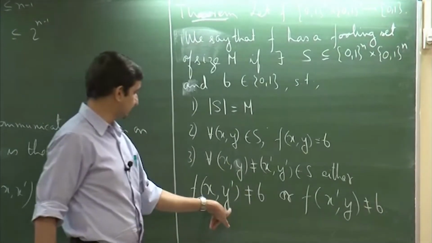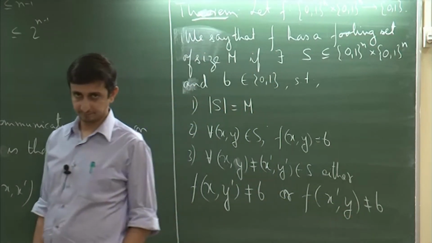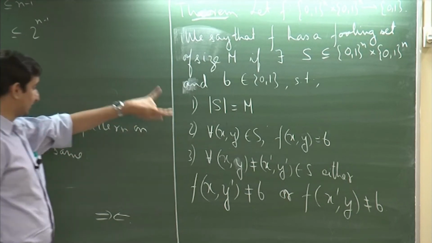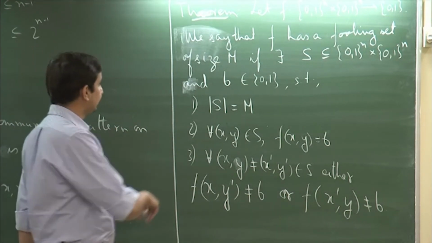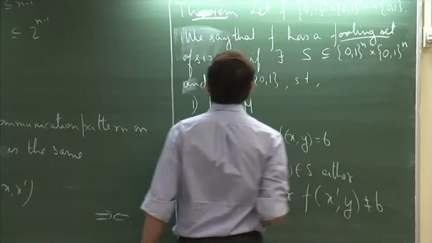So, note that now we are considering the pairs x y prime and x prime y. So, if all three of these conditions are met, then we say that f has a fooling set of size m,